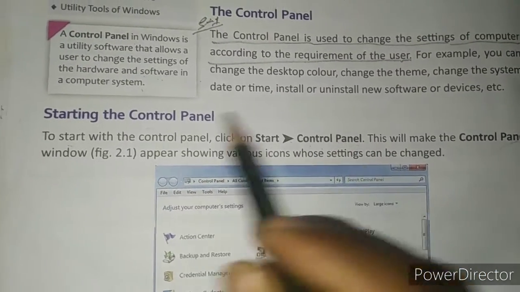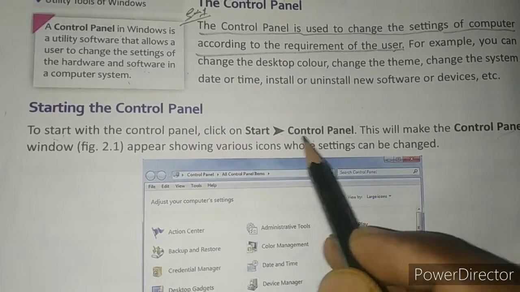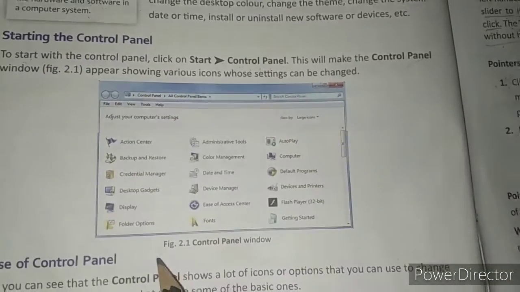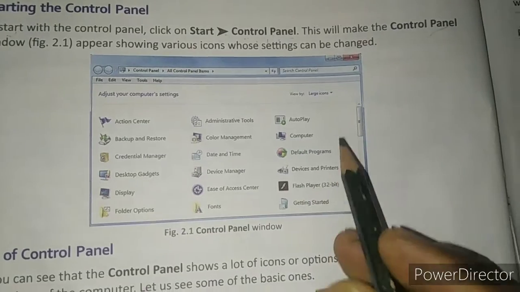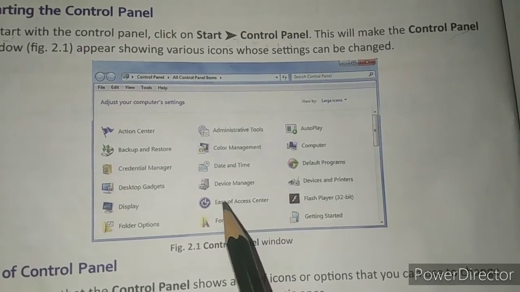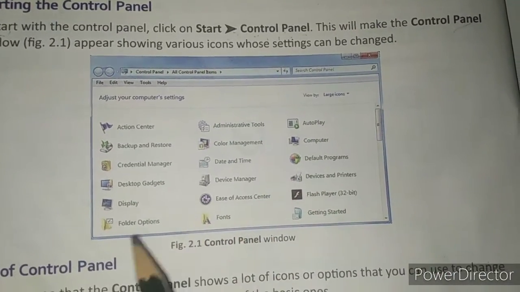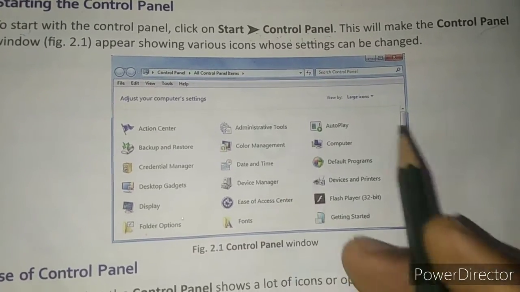When we click it, the control panel window appears, in which many things are there, and by clicking on them another window appears by which we can change the settings of the things, right?